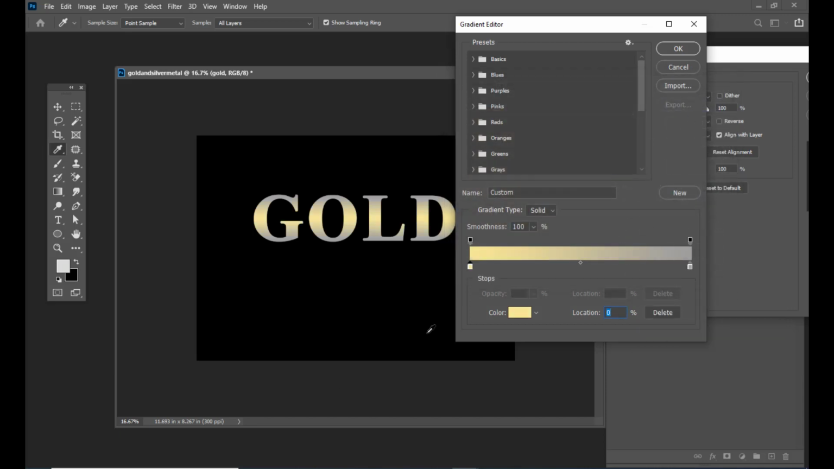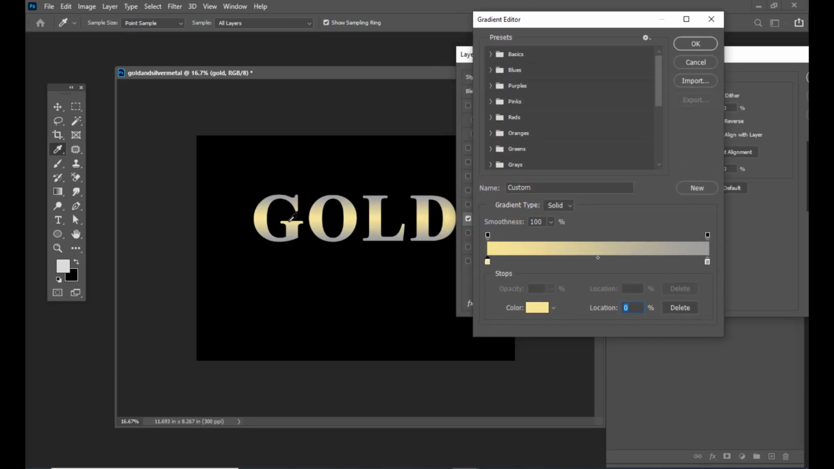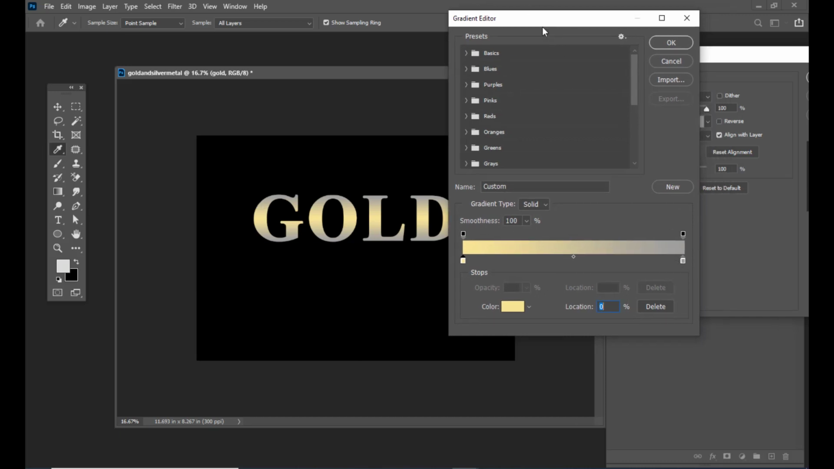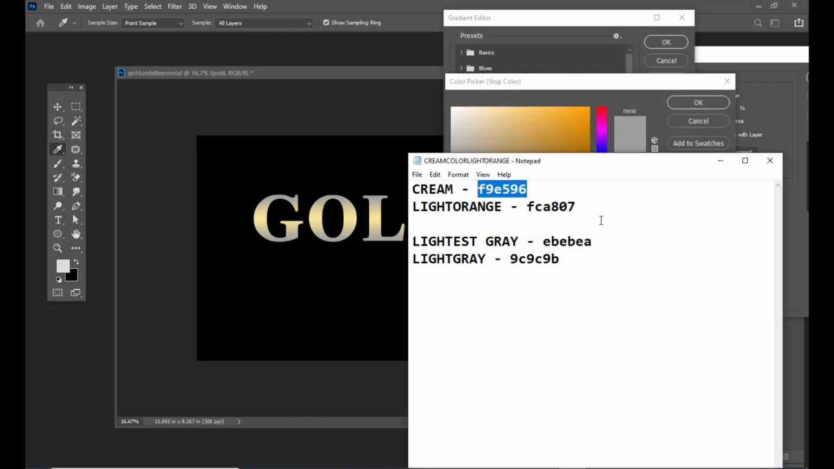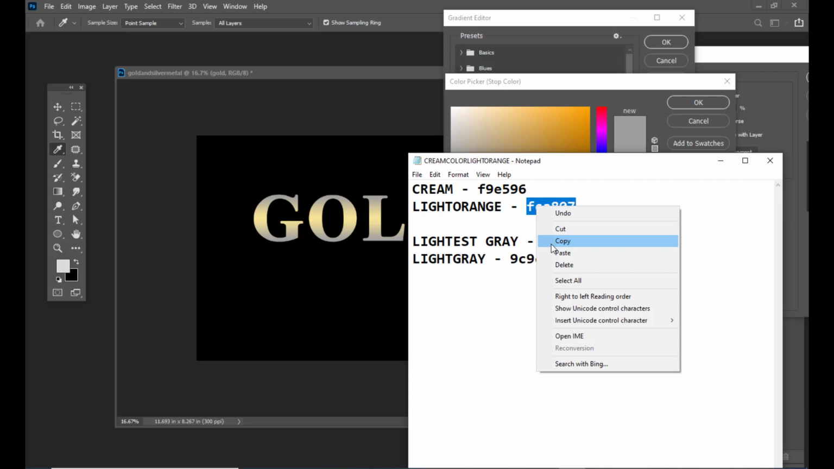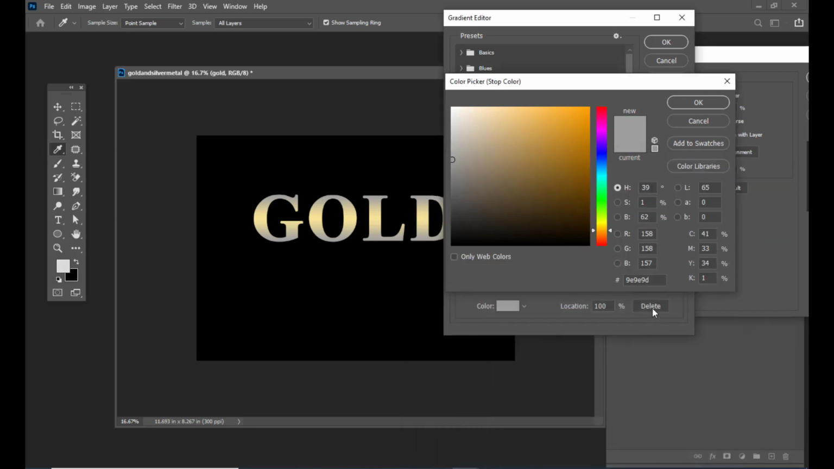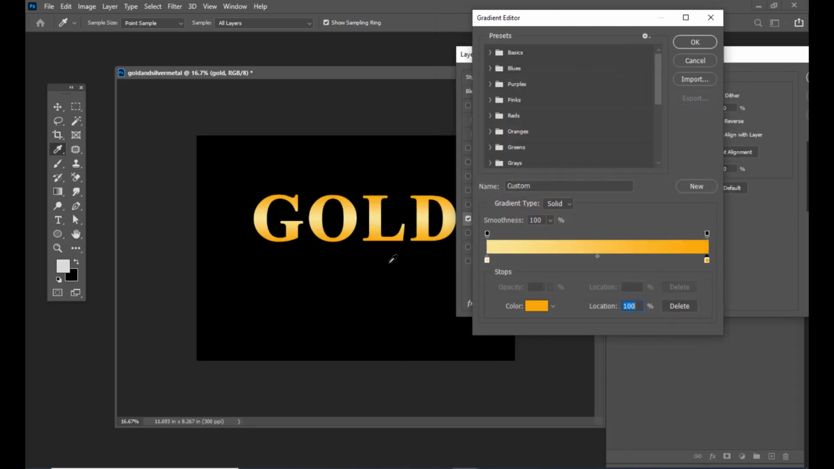Right. So we have a cream color at the middle of the text, and on the corners we want light orange color. So simply double click on this slider and we will also copy the light orange color value and we will paste it in this input field. Right. So this is the color of gold,